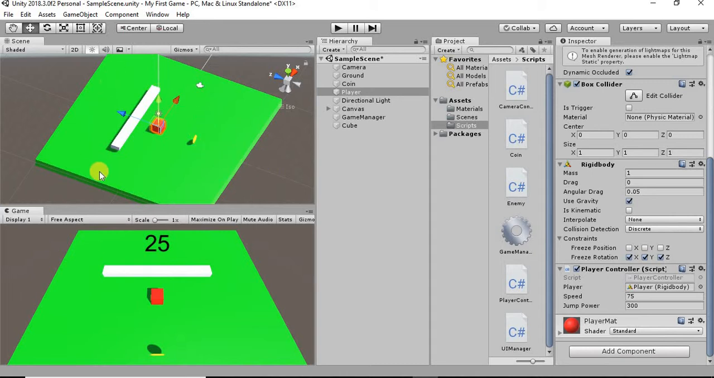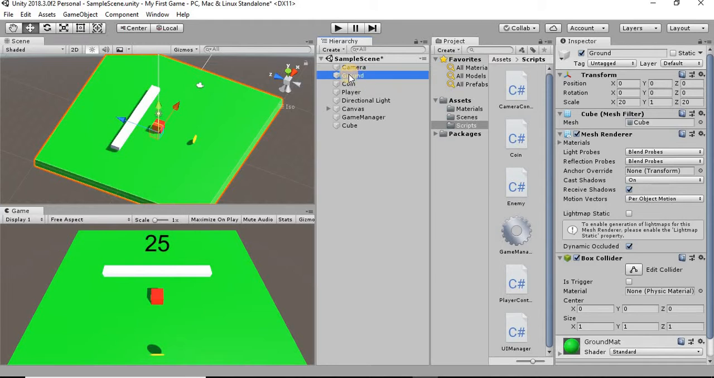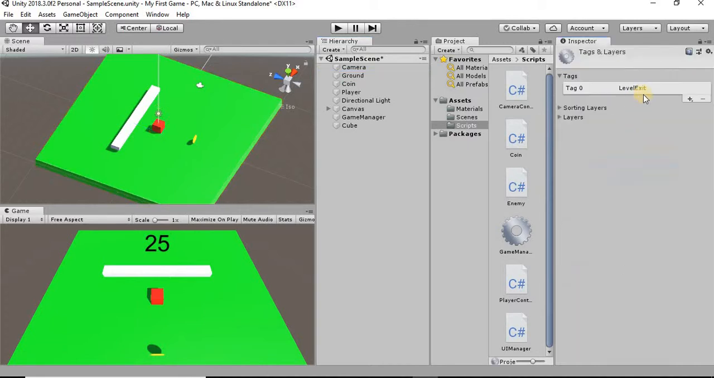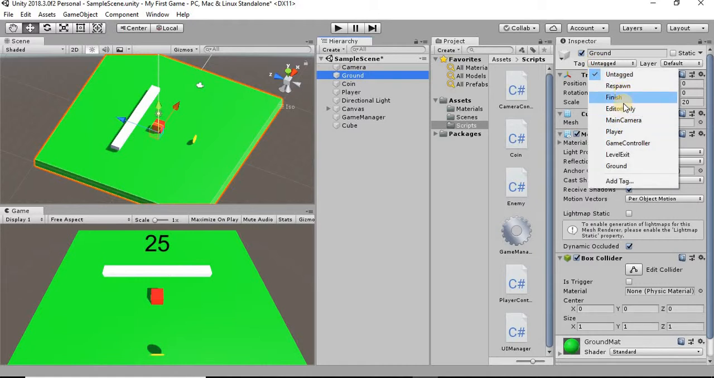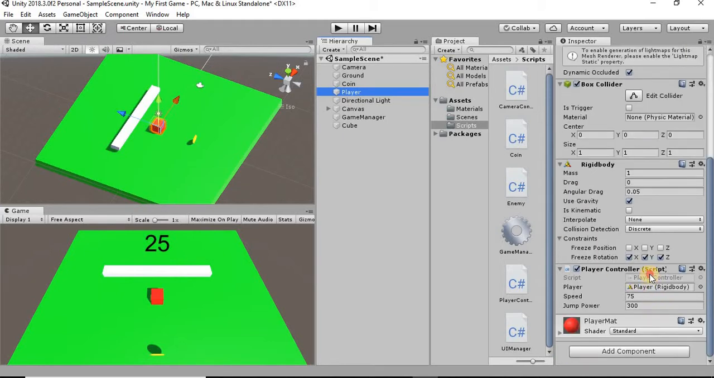So what we need to do is tell it that we only want to jump when we're on the ground. So what I want to do is go onto our ground and make a new tag for this. And the tag that I want to make is just ground, like that. So I'm going to go back to our ground, I'm going to tag it as ground. And then what I want to do is back on our player controller,